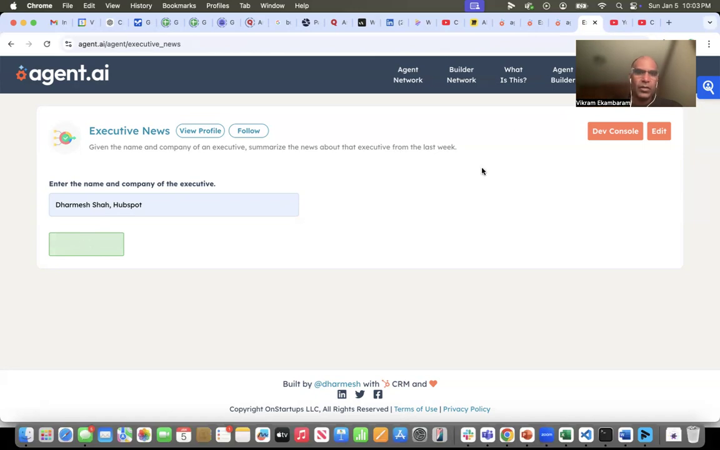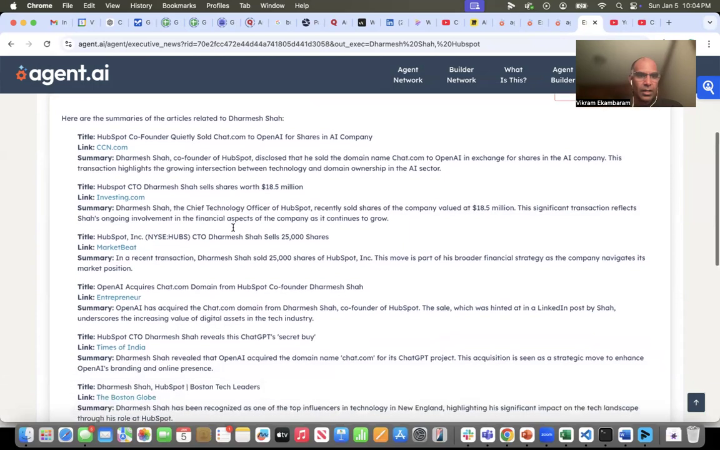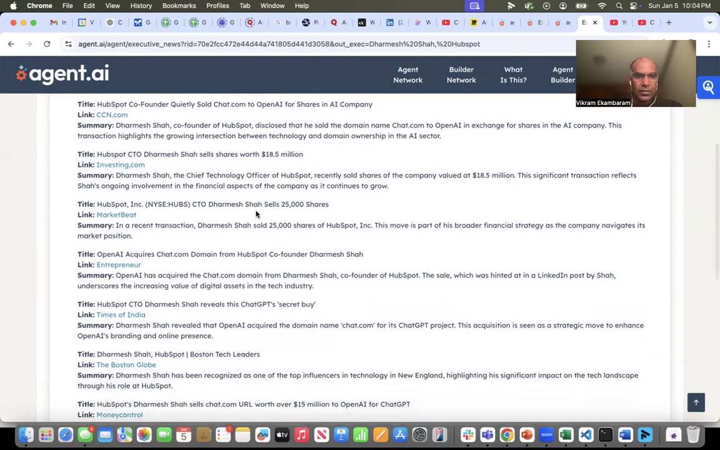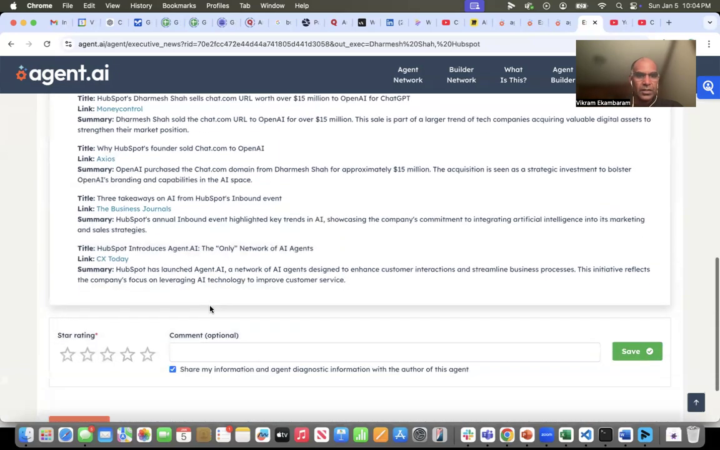I go to the dev console and I look at it. Automatically, you can see it's taking a longer time this time. So hopefully it works. If not, I'll probably have to go back and see what mistake I made and see what the output is. But here we go. Summaries of articles related to Dharmesh: quietly sold shares, he sold HubSpot shares, secret buy, and you can see these are all the list of